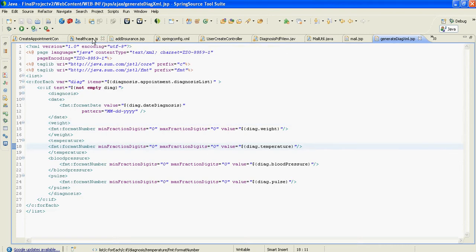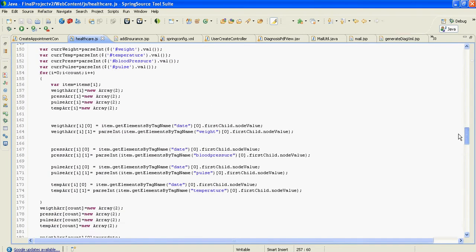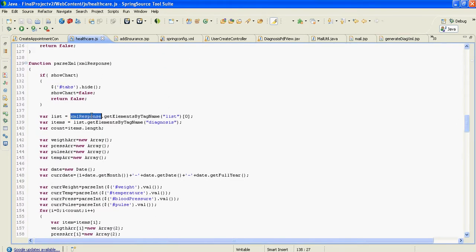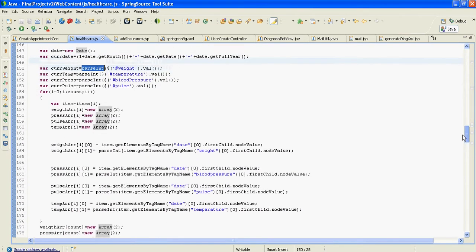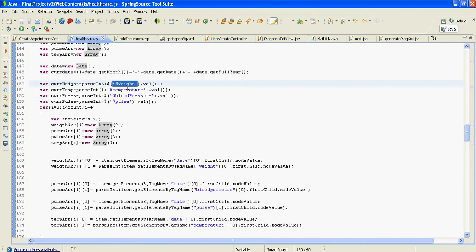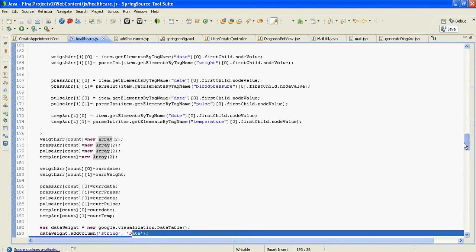It includes weight and everything, and then I pass the XML inside the JSP. A lot of R&D was required for this as well, on how to parse the XML in JSP. I use an XML response. It's just like the JDOM API, but in JavaScript. JDOM is for the Java DOM model. It parses it to int as well, and then forms a two-dimensional array wherein I store all the information. For example, I'll show how I did the weight chart. The weight chart takes a two-dimensional array with a date and a weight.